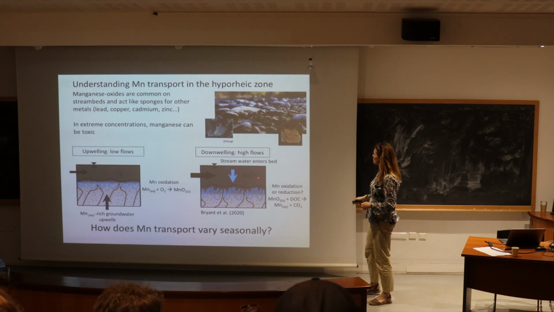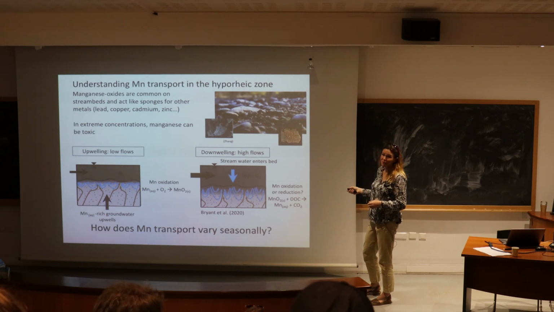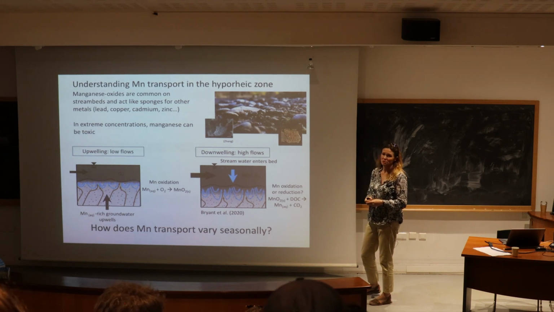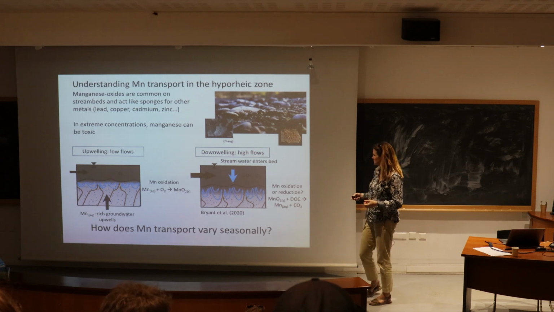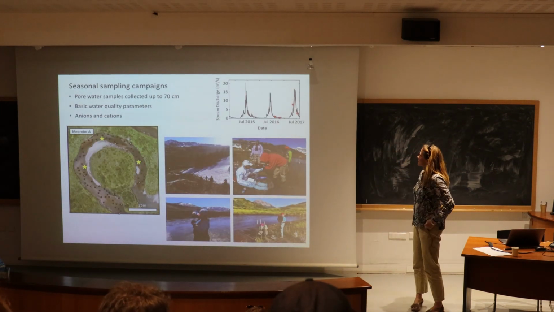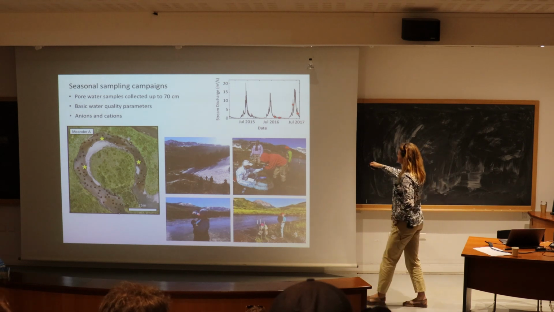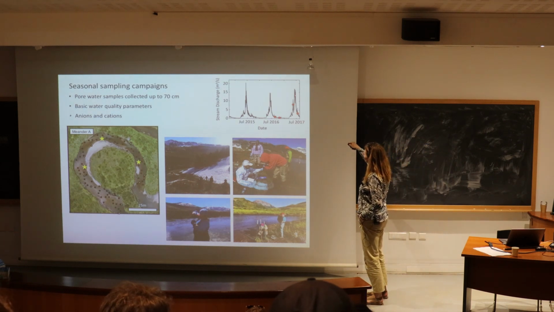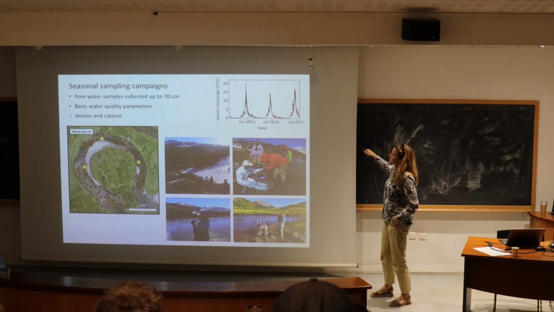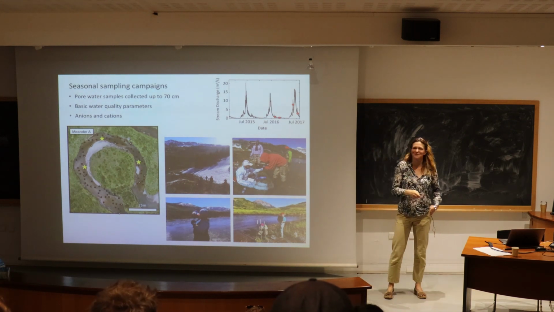And we wanted to know, as oxygen comes in, but also dissolved organic carbon from the river water, are we going to get more manganese oxidation or reduction? What's going to happen to those manganese oxides? And so for that, we did some sampling campaigns over an annual hydrograph, and sampling on this day was a little scary. It was a raging river, so my apologies, we didn't get the real peak, but if we had, I don't know if we would have survived.